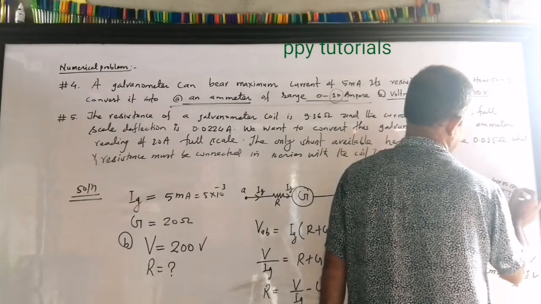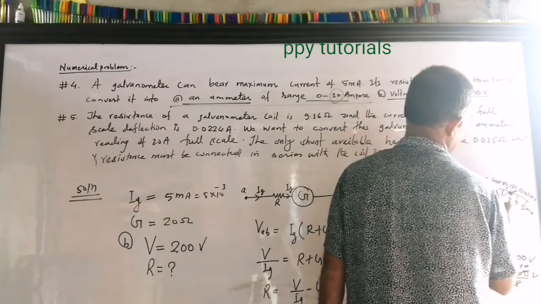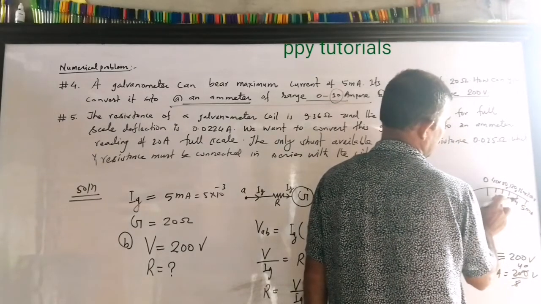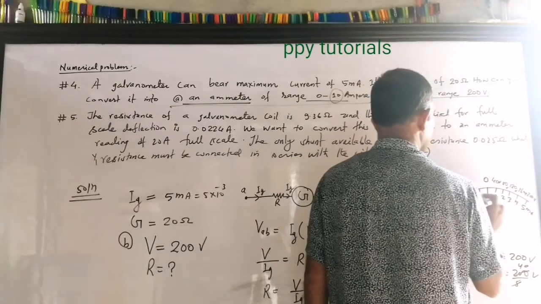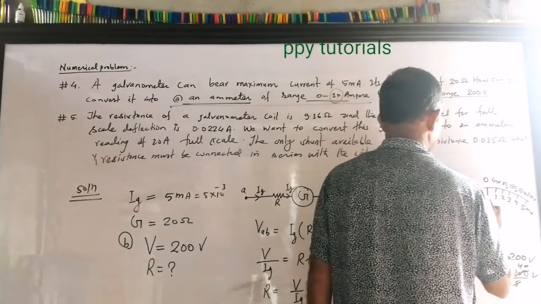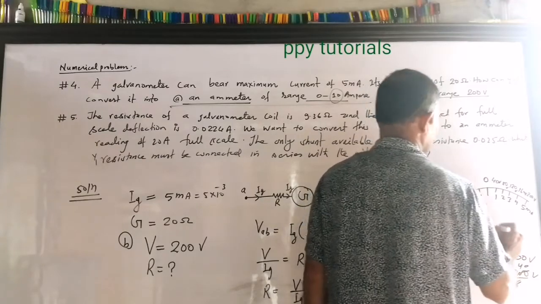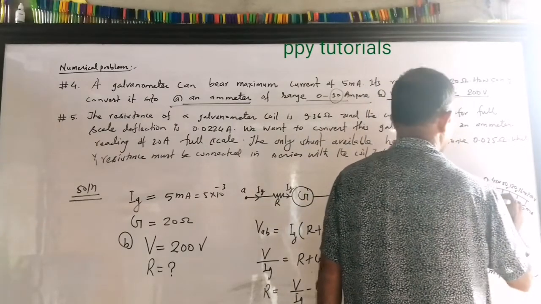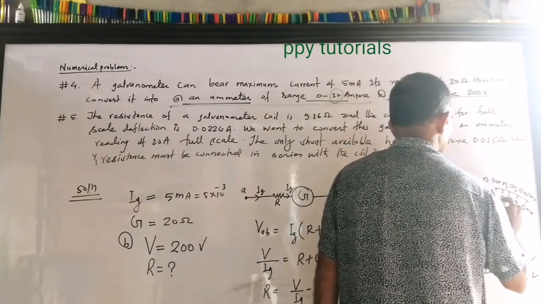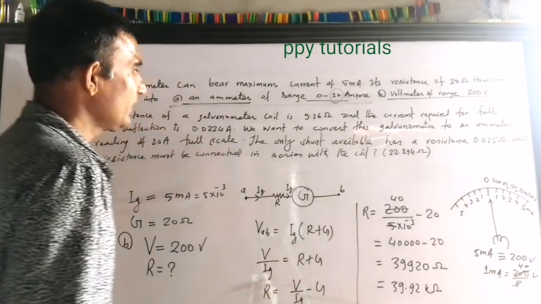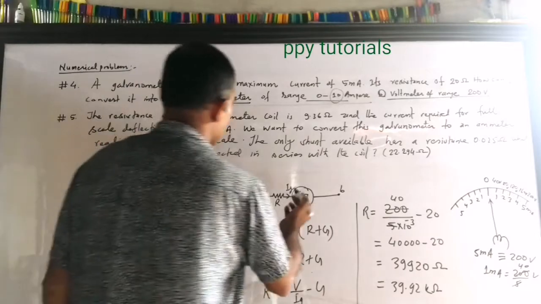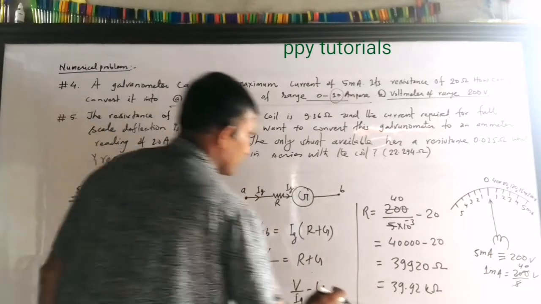So you have to understand yourself. If your galvanometer is showing 1 milliampere, then it is the 40 volt. That is not labeled, because you are converting 1, 2, 3, 4, 5. But if the manufacturer does the same thing, then they already label the galvanometer in terms of voltmeter, and so you can easily get it. So this was the question, and it was a very easy question for you.